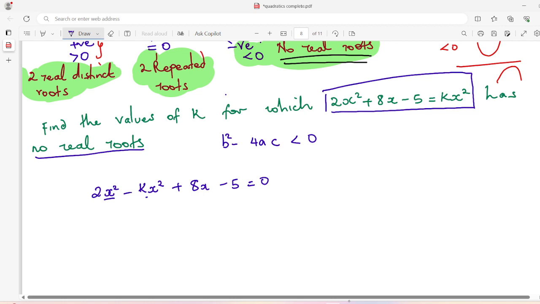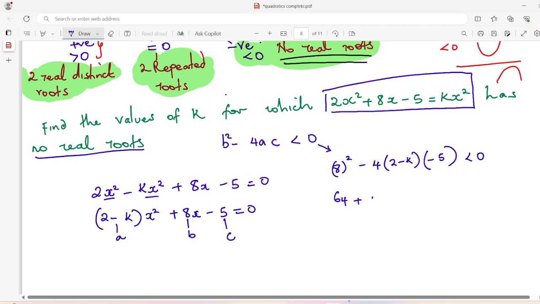So 8 squared, that is 64. I'll end up having 4 times 5, which is 20, 20 times 2, which is 40. So plus 40. Then I'll also end up having minus 20k. So you open the bracket, less than 0. So when you reach here, we shall end up having minus 20k